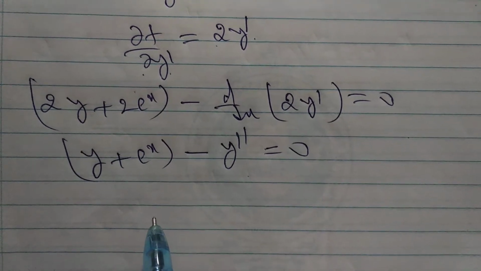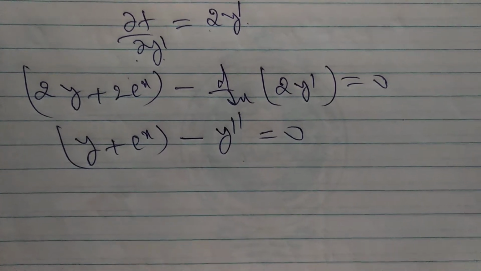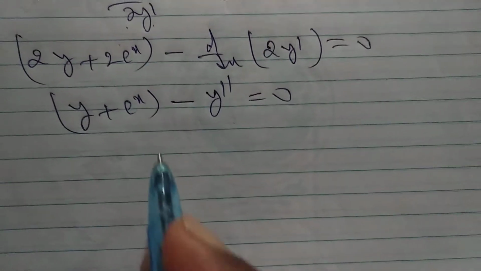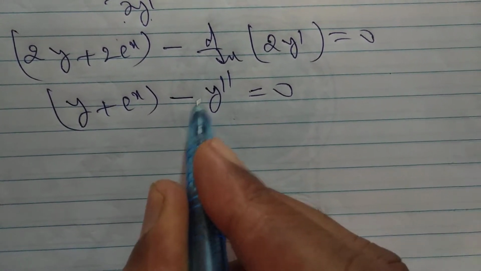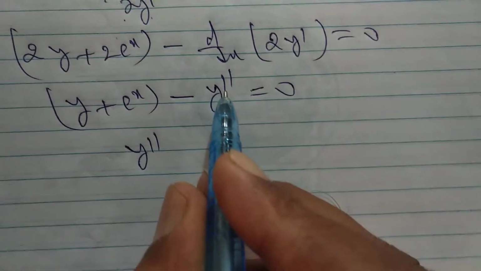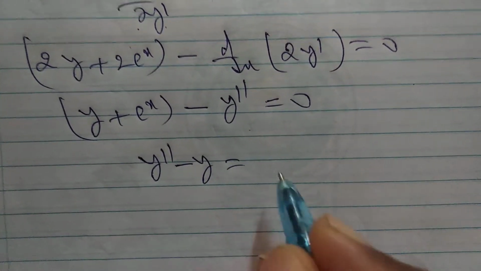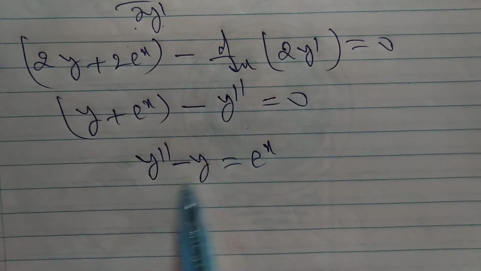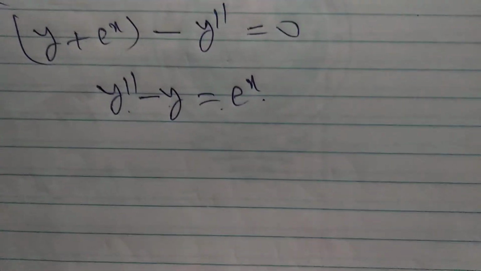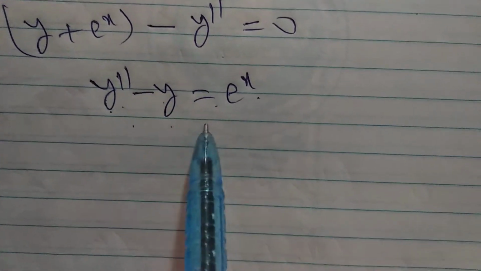So now we have to solve this equation. How to solve it? First write it in order, the second derivative first, and take the y term and x term to the right hand side. Here minus y'' is there. Taking y'' to the right hand side we get plus, and taking y to the right hand side we get minus y, equal to eˣ. Or y'' − y = eˣ. How to solve this equation? This is a second order derivative, so d²y/dx² − y = eˣ.